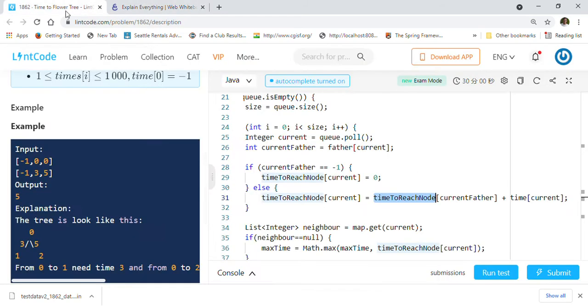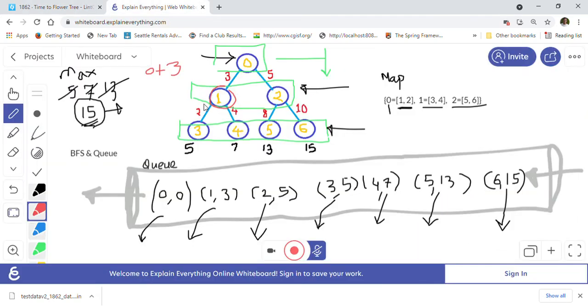So that is what we are doing here basically, and we are updating our time to reach node. So we will have the value for this node as 3, then similarly for 2 the value will be 5, right? For 3, when you go through 3, then it will be 3 plus 2, so it will be 5 here. So that's how this 5 came, right? Then that's how this 7 came, like 3 plus 4 is 7.